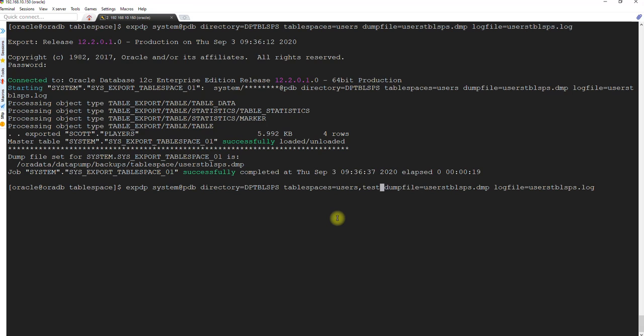I have created a test tablespace. I'll be taking that backup and naming it as test users and test. The name cannot be the same, otherwise it will throw an error. Make sure when you are taking different backups, change the names.